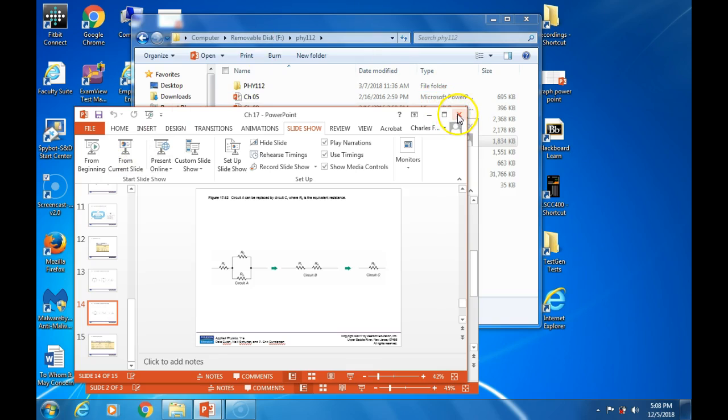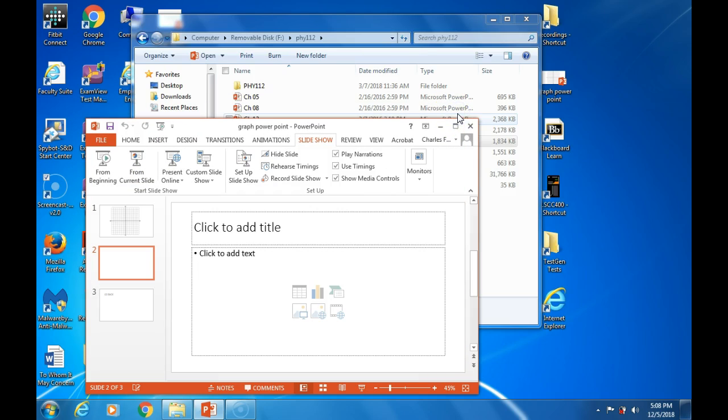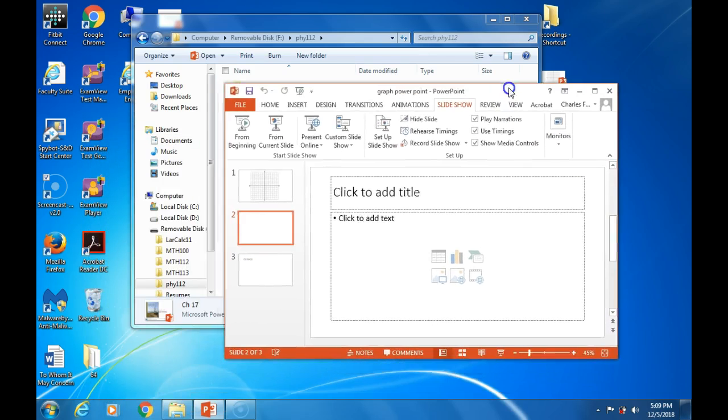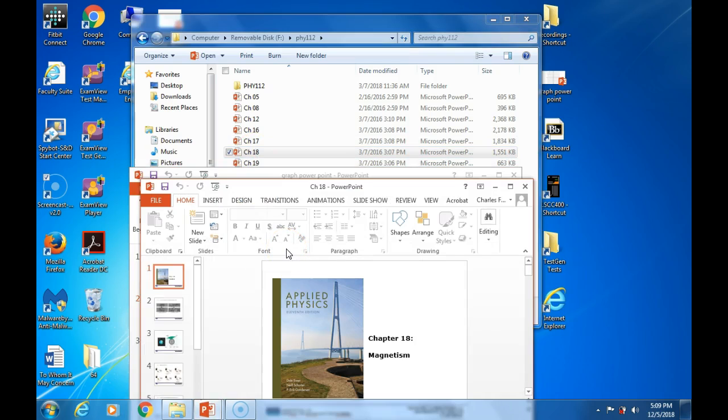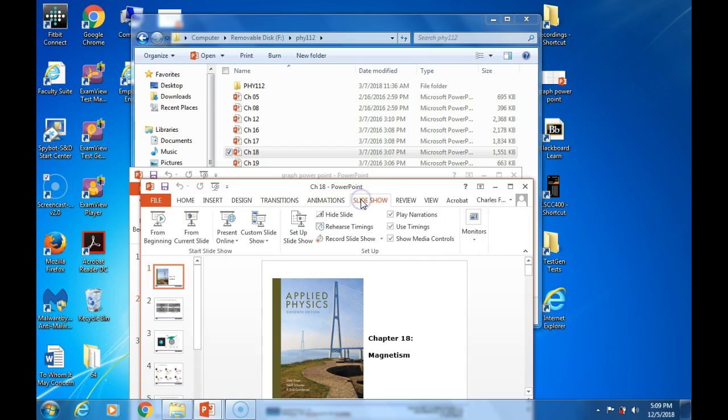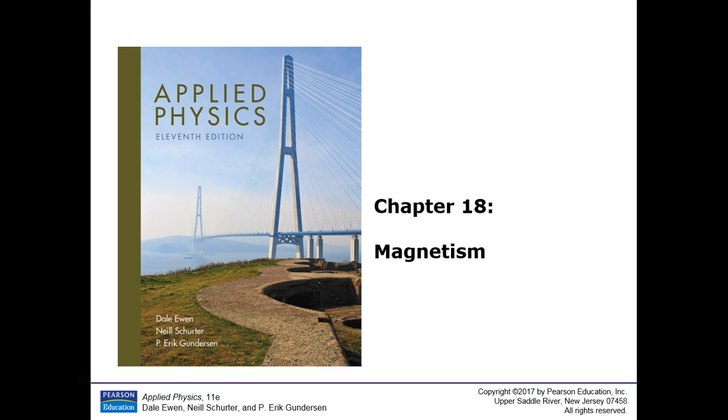Okay? So I'm going to end this one and shift this around a little bit. There we go. And pull up Chapter 18, magnetism. This room is cold. Okay. And I went down the hall and it was even colder. So I think there must be low heat in the building today. I don't know why.